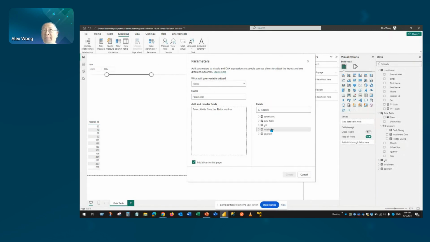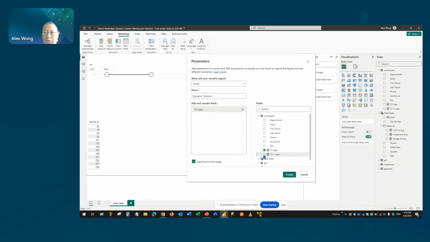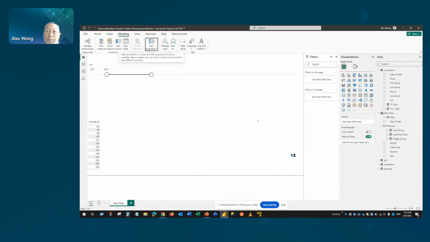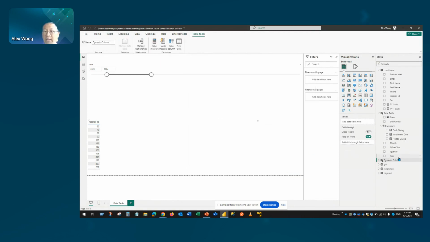When we were doing dynamic column naming, we just call this Dynamic Column, and then you select the measures that you want to have dynamic column on. Actually, it's in here. So TY cache, you just drag it in or just checkbox. I'm working with these two, TY cache and TY-1 cache. And then we remove the slicer for now. And once it's created,